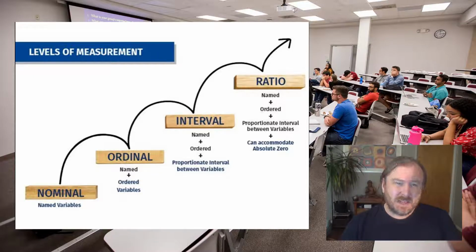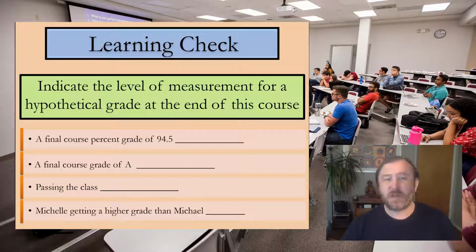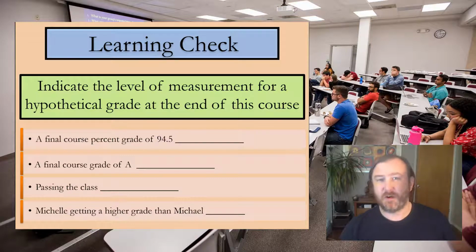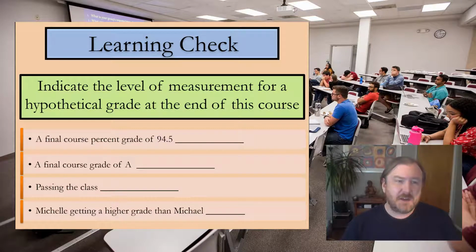So let's see if we can pick out the level of measurement for hypothetical grade at the end of the course. So say you've got a final percent grade of 94.5. Well, what level of measurement would that be? So let's think. Is 94.5,